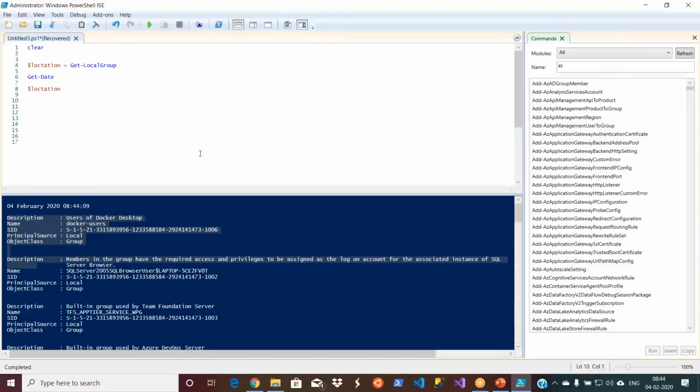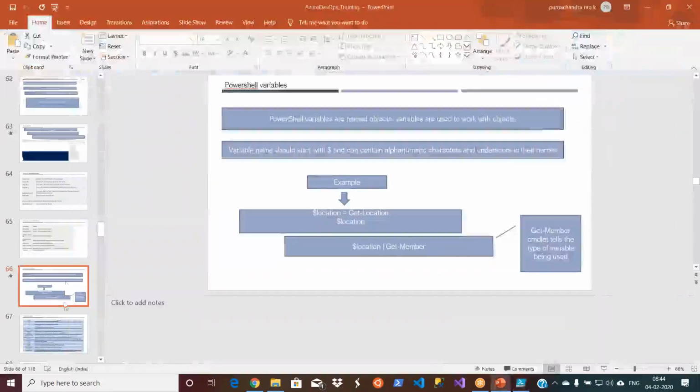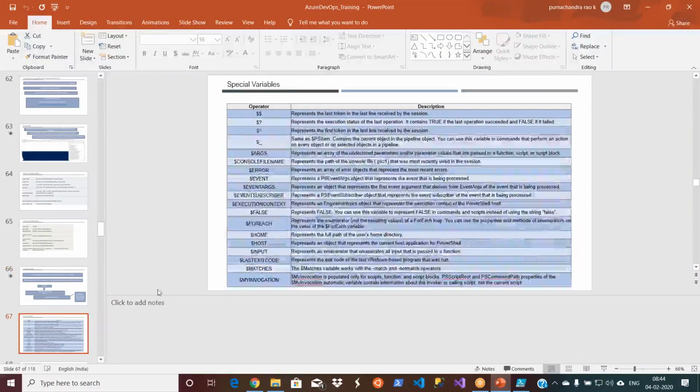I will combine all these different things I'm explaining, and then we create a script at the end of these two sessions, because to learn any language, these are very important. And in any programming or scripting language, there will be some system variables.